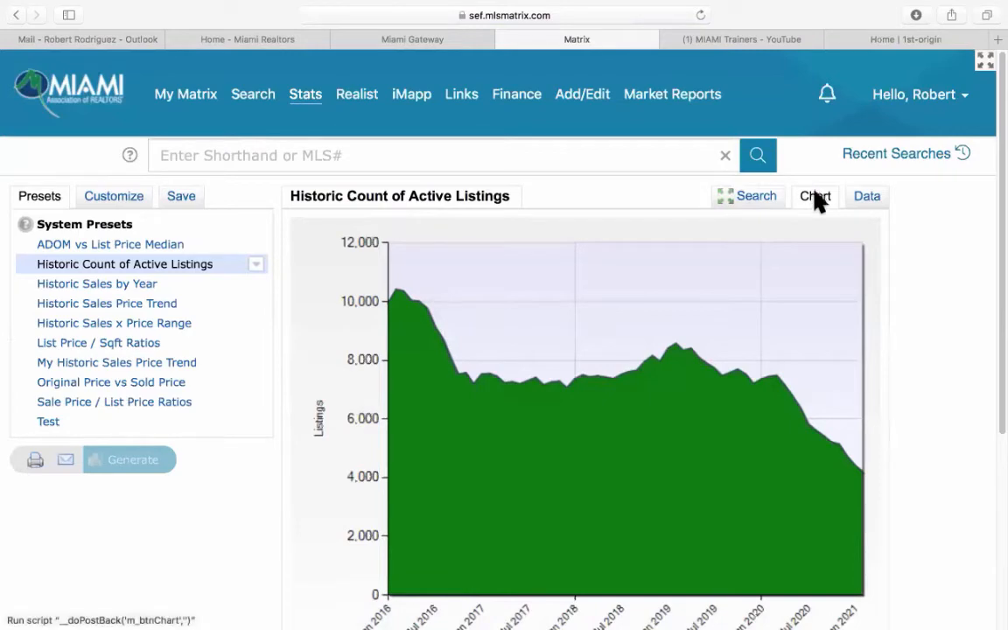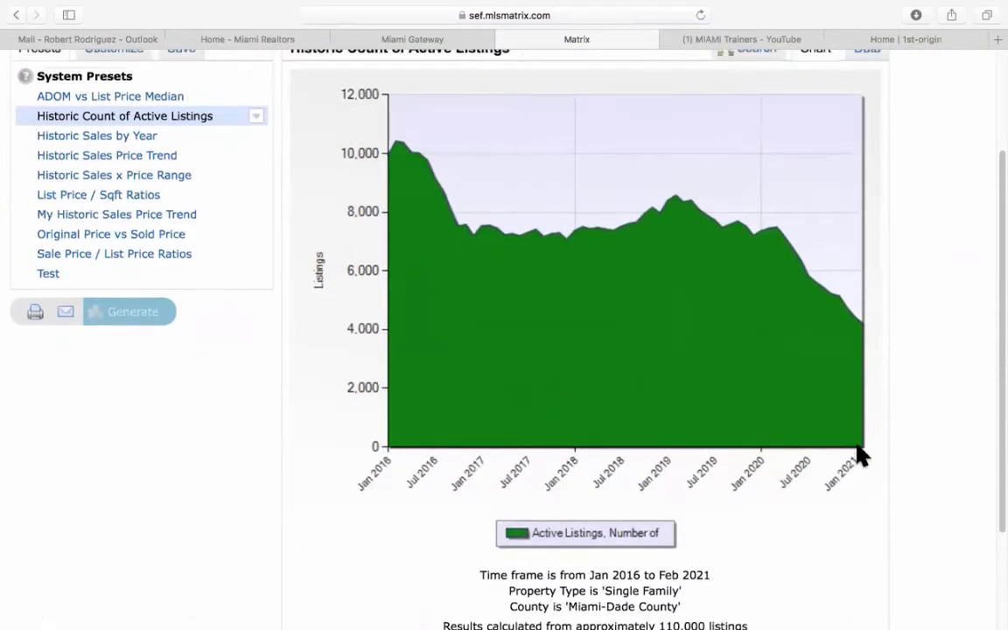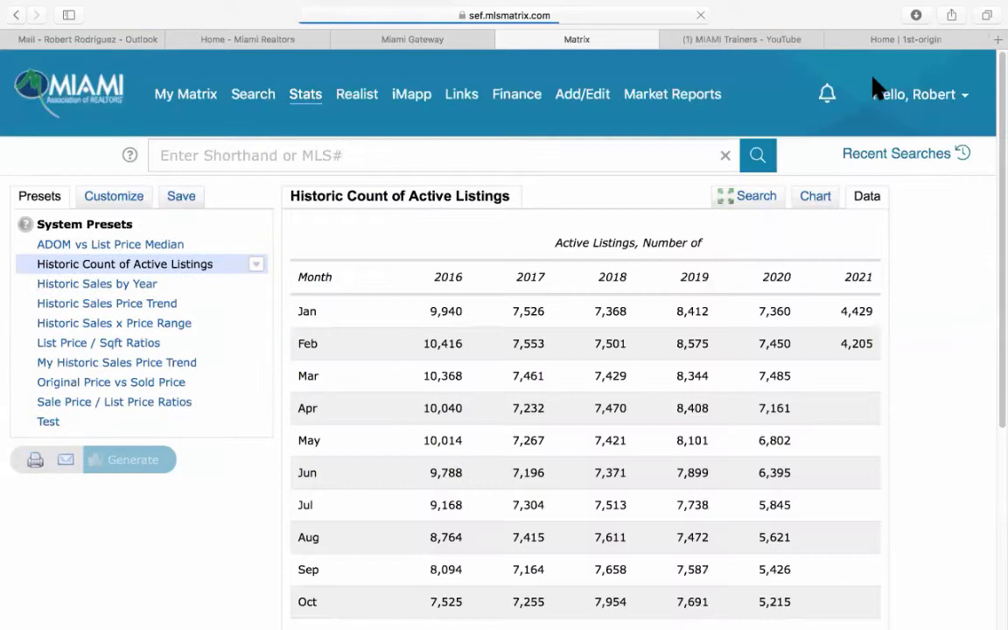you look at the chart in Miami-Dade County for January 2021, all right, so February is not yet ready, but for January 2021, we're looking at a very low inventory, right? You guys are aware that we are experiencing a low inventory of single family homes. All right, so right around 4,000 or just above 4,000 listings in the MLS for single family homes in Miami-Dade County. If you want to see the numbers, you click on data right here on the upper right corner, and